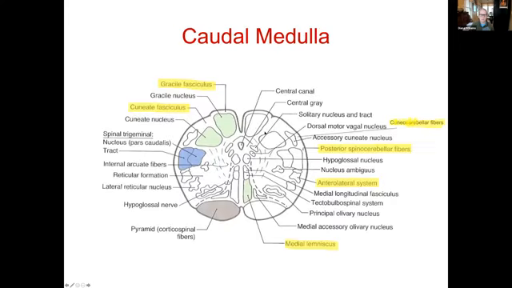So what we have here is a cross section of the medulla. The first thing that we look at is the overall shape, because that helps to tell us where we are in the central nervous system. And then we'll hone in on where the specific tracts are. So the overall shape is round like the spinal cord, because this is really where we're transitioning from spinal cord